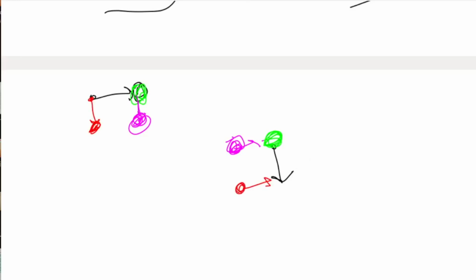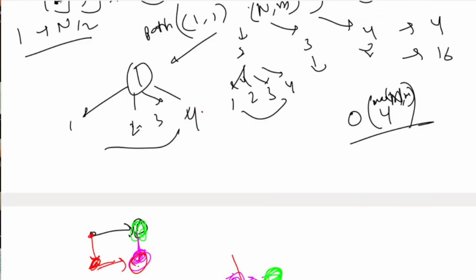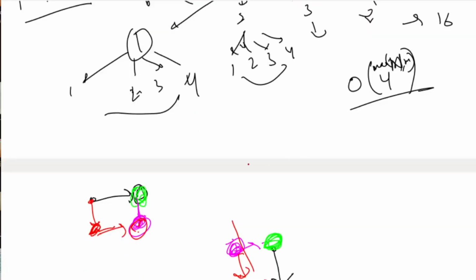So for this problem, that is this red problem, this problem is a sub problem, where we move here to here, then here to here. So we'll have another sub problem, this purple problem, which is the same in both the green and red problems. This is one of the basic overlapping sub problems you can see in this question, without constructing any recursion tree.